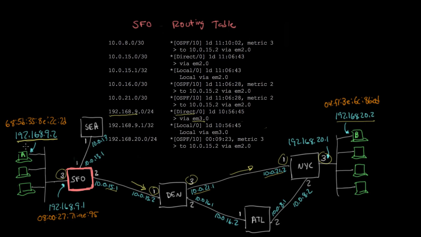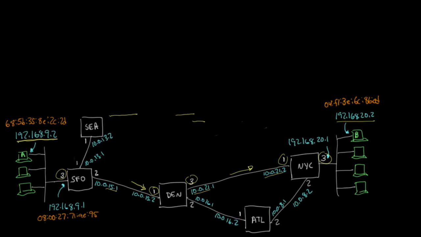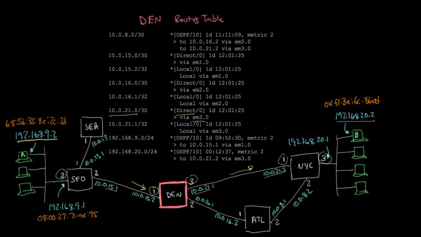And something I want to point out is that actually if you look through this entire routing table, you'll see there's a bunch of routes to all of these other little networks along here. So from this host here, if we tried to send traffic to any of these routers' interfaces, we should have a route that takes us there. And I would encourage you actually to go through this video and pause it at the different spots to look at the routing tables in each of these routers and see exactly what this routing table looks like. There's a couple interesting things. Actually, one thing that I would point out, for example, is at Denver,